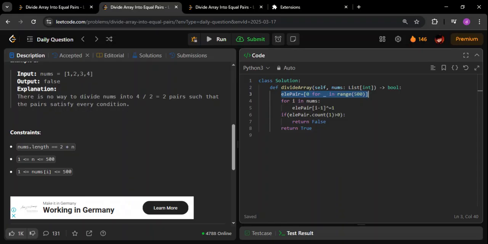Whenever I see a number, I go and increment its count. Again, this is a part that may confuse you: I'm using the XOR operator here. This is something people basically don't understand, but I want you to see the basic idea is very simple. If an element is seen for the first time, go and make the value